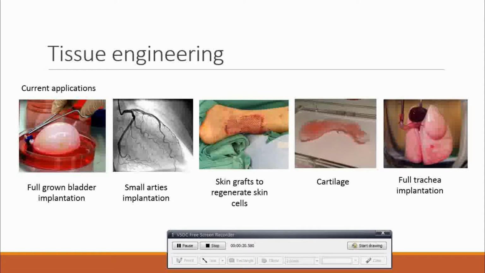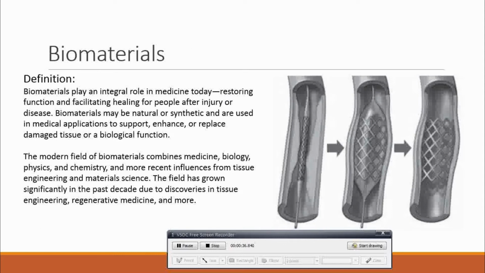I think last lesson we stopped somewhere here in tissue engineering. So I hope you guys have explored the many applications in tissue engineering. There are so many others, not only limited to the ones in these images. Okay. Next,